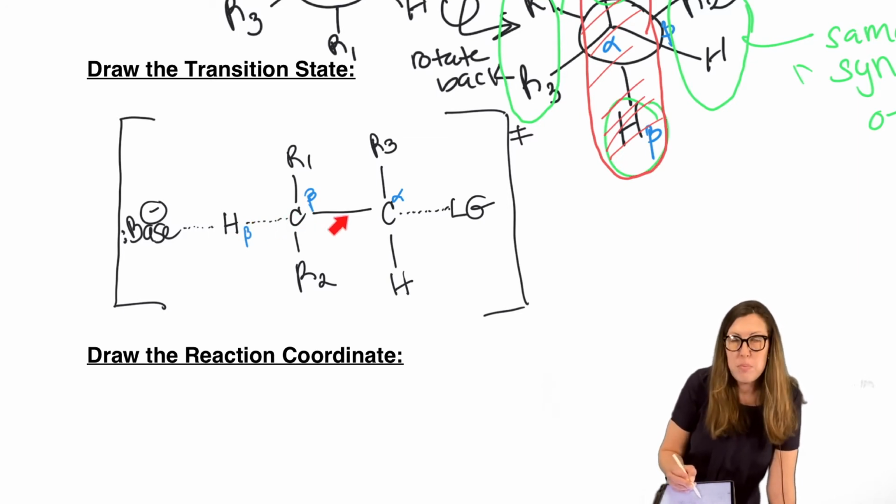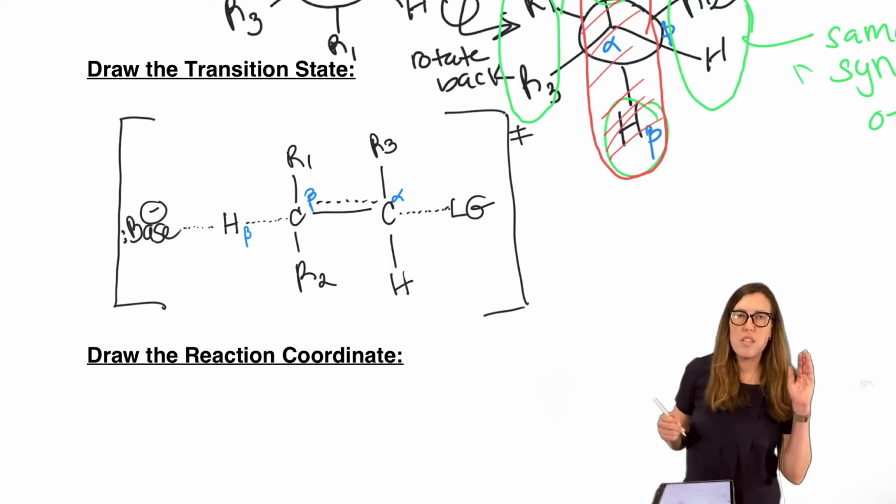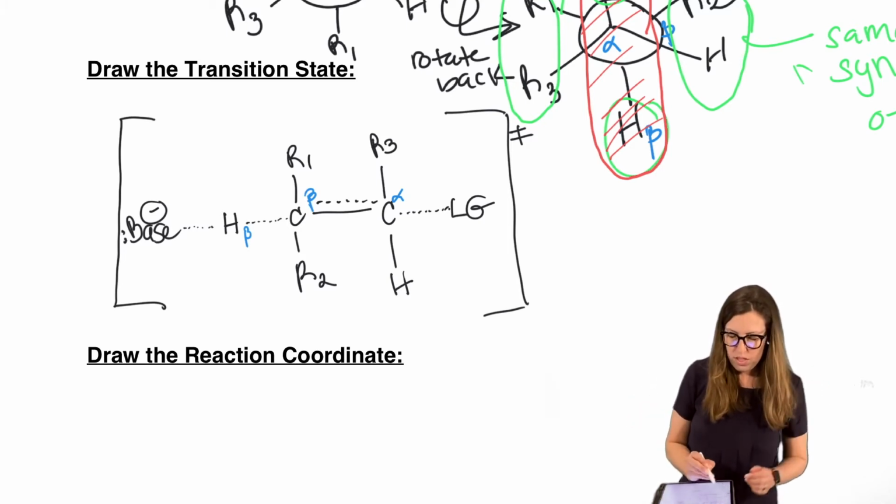We're also forming a pi bond. So we keep the sigma bond, that never gets dotted, but we have one more line to draw, which is the new pi bond, dotted. All things that are not the same in the starting material and the product are dotted. So bonds that got broken or formed are dotted in the transition state, okay? This bond got formed, this bond got broken, this bond got formed, this bond got broken.